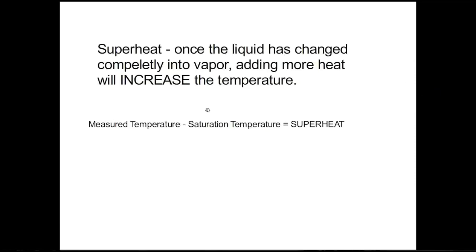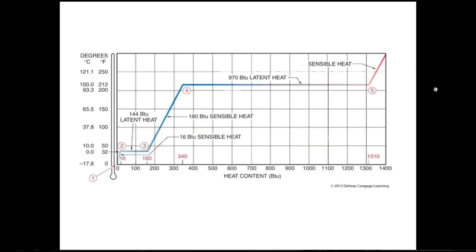So if you measure the temperature of your refrigerant or water, and you subtract the saturation temperature from it, what is remaining is the superheat, and this is when it's in the vapor form. Now, this has a lot to do with refrigeration troubleshooting, which we'll get into in another webinar, but superheat and subcooling